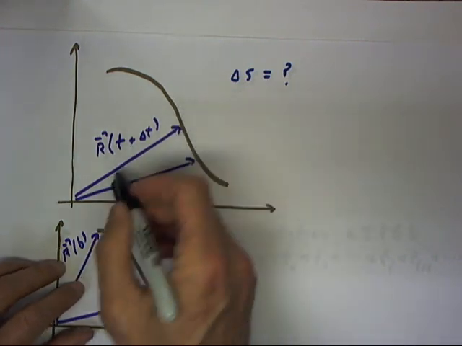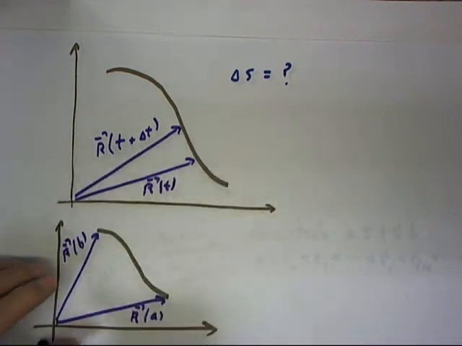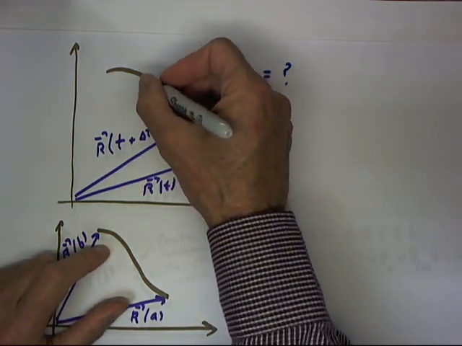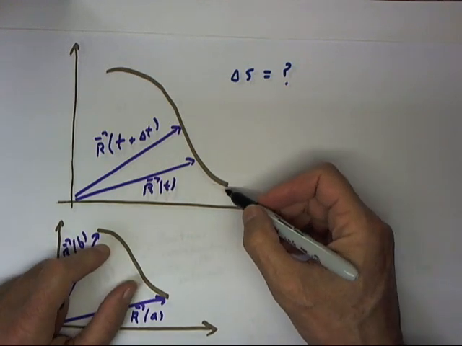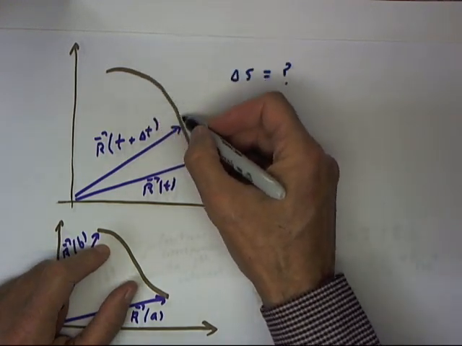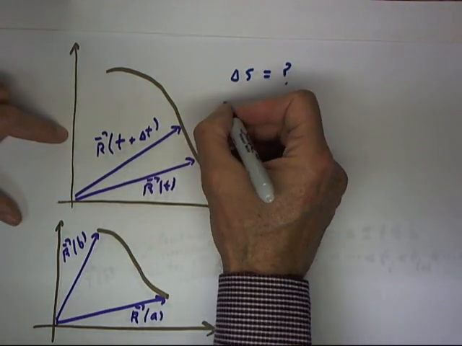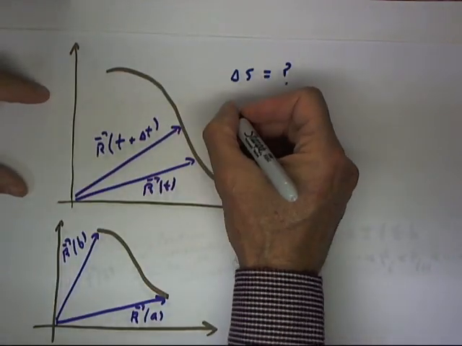We have a curve defined by the vector function r of t, and we ask what's the distance between 2 points along the curve as measured by a particle traveling along the curve. We know that